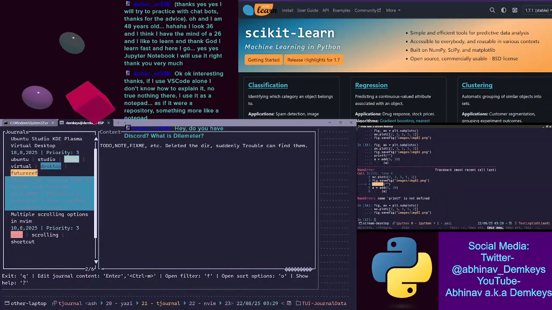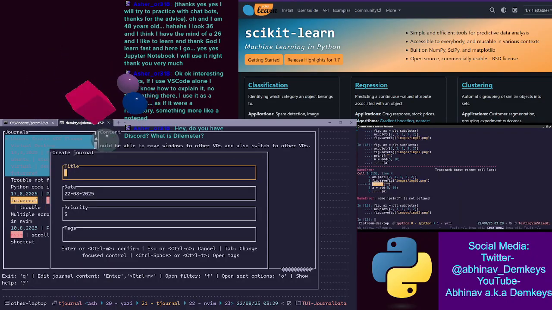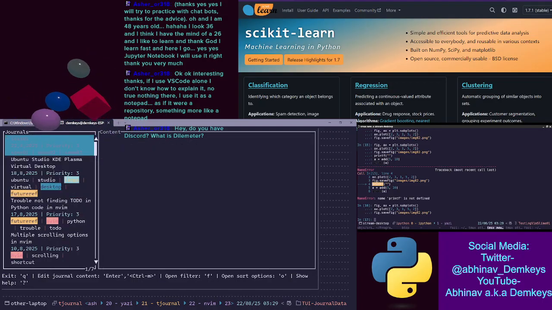This is a TUI based app called tjournal, which is a journaling app. Basically, you can create an entry here and give it a title, and of course date and priority and stuff. And you can also give it tags. Once you've done that, let's create one here. Let's say test 01 and the date and the priority, and tags we can say sum 01, sum 02, sum 03. Okay, it creates an entry there,